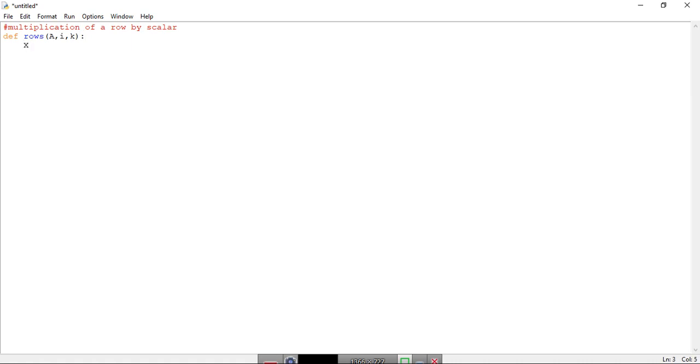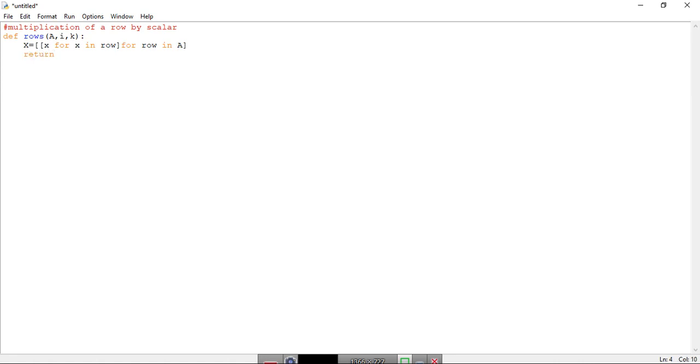Let us take our X, capital X, to be x for x in row, for row in A. Let us take this, close the brackets, and let us return back.